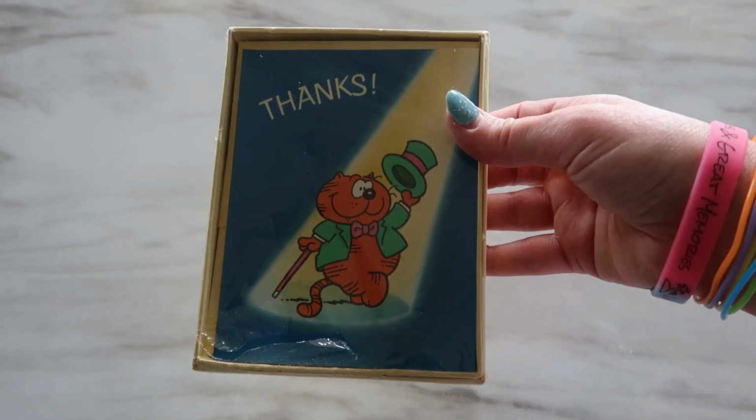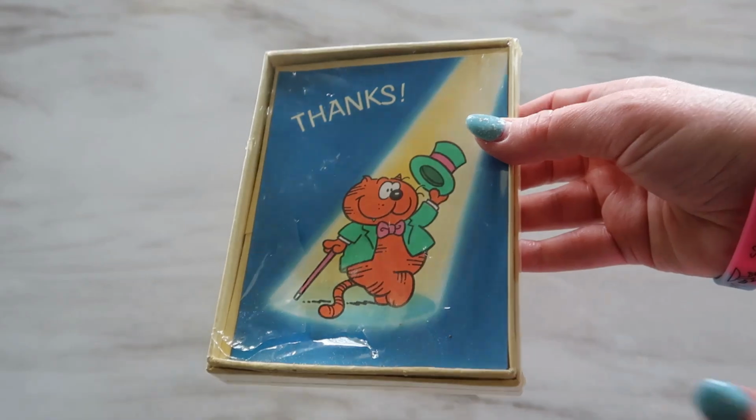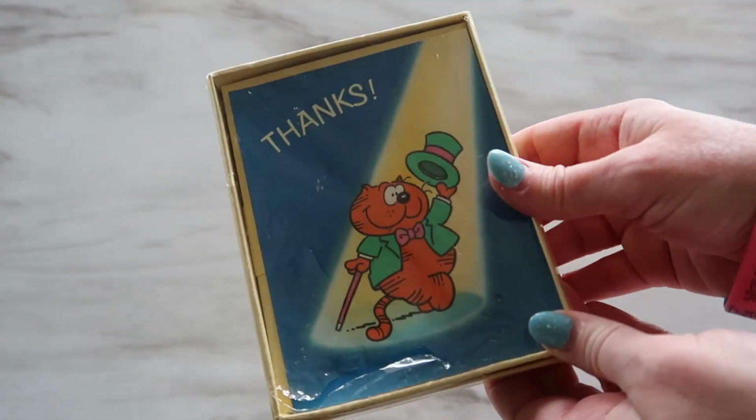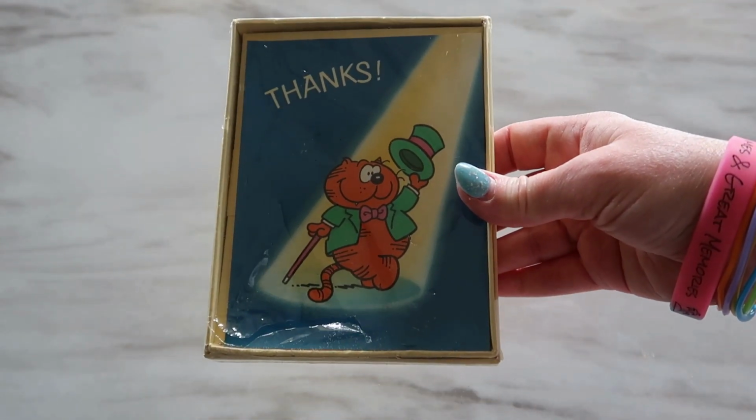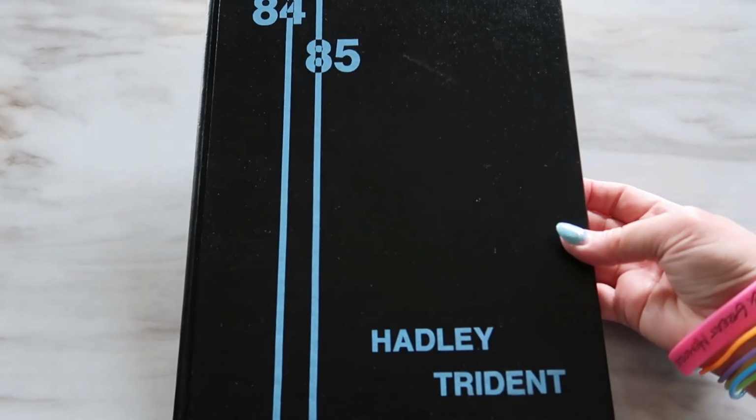It's always a tricky thing to decide whether to open something like that because it's still in its package after all of these years, but sometimes I'll open and use them if I think, you know, it's not anything like super valuable. I also bought this